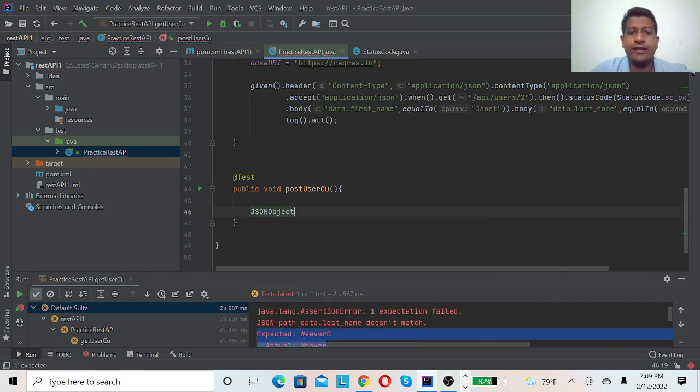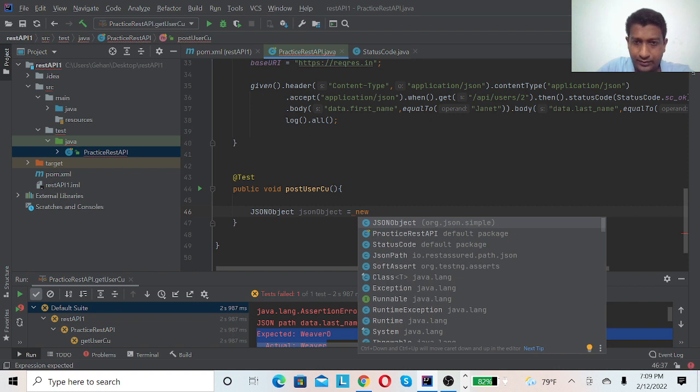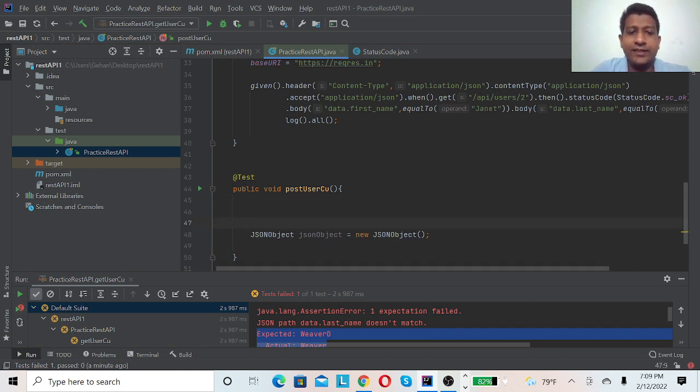That's to create a JSON object. There are many ways you can get the request body, by creating a hash map and converting it to a JSON string and passing it into the JSON body.